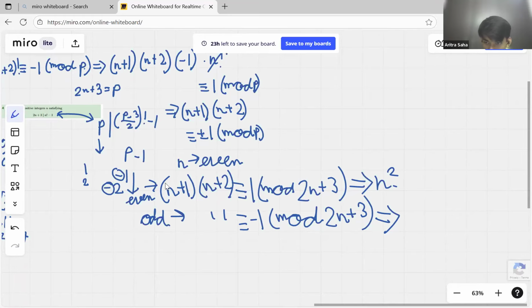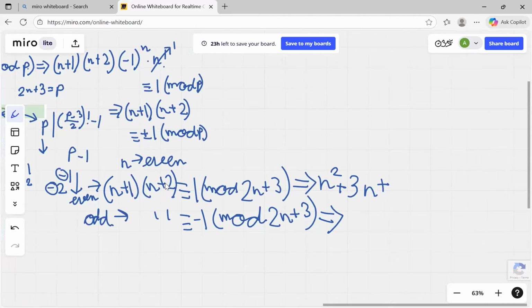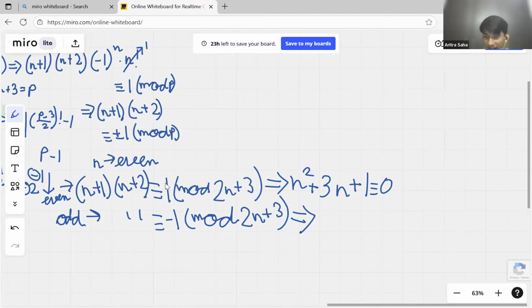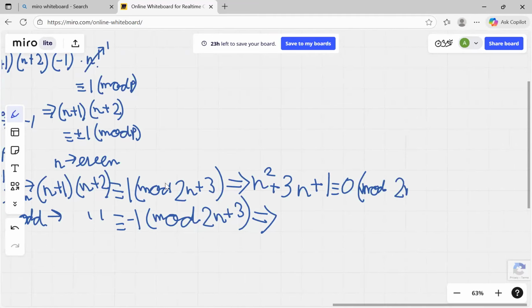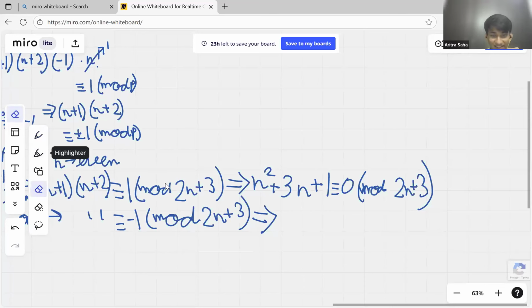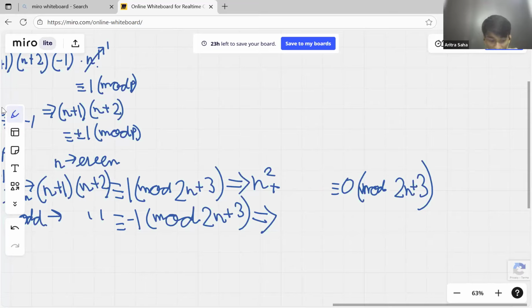n square plus 3n plus 2 plus 1 is 0 mod 2n plus 3. And now we can multiply by 2 and remove the 2n squared term. That is perfectly fine. What you can also do is, both are the same difficulty, everything is easy from here. You will just subtract 2n plus 3 because you will get n square plus n being 0